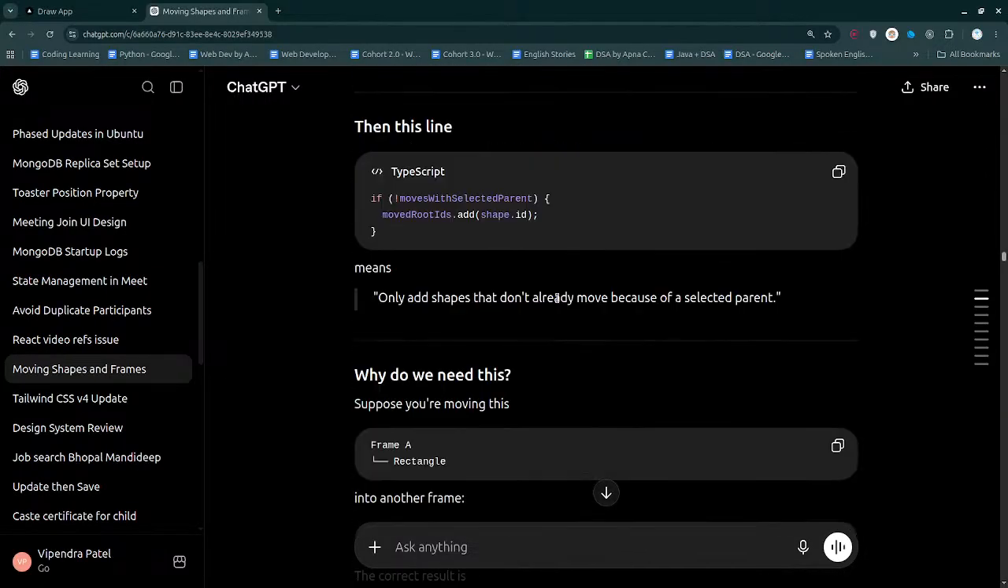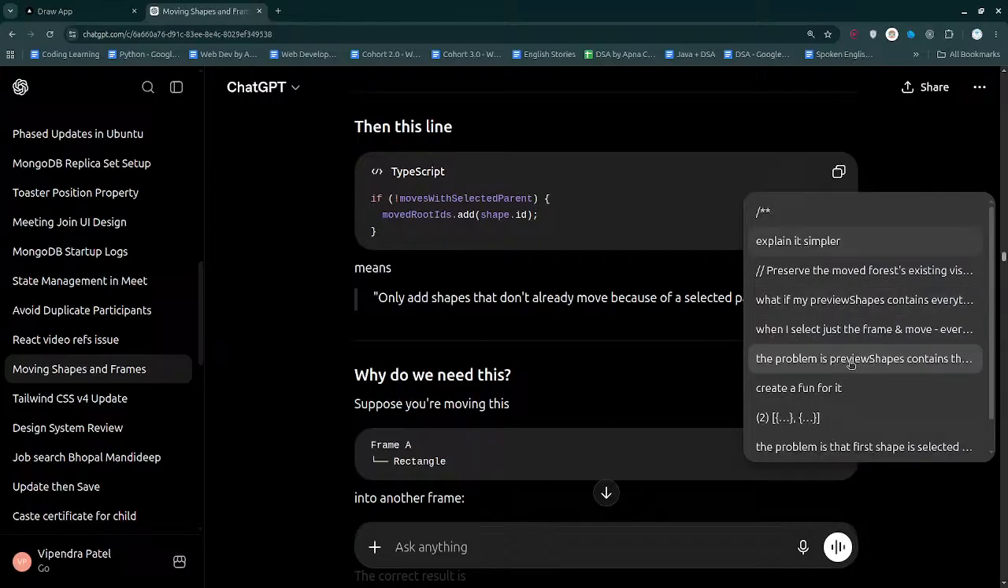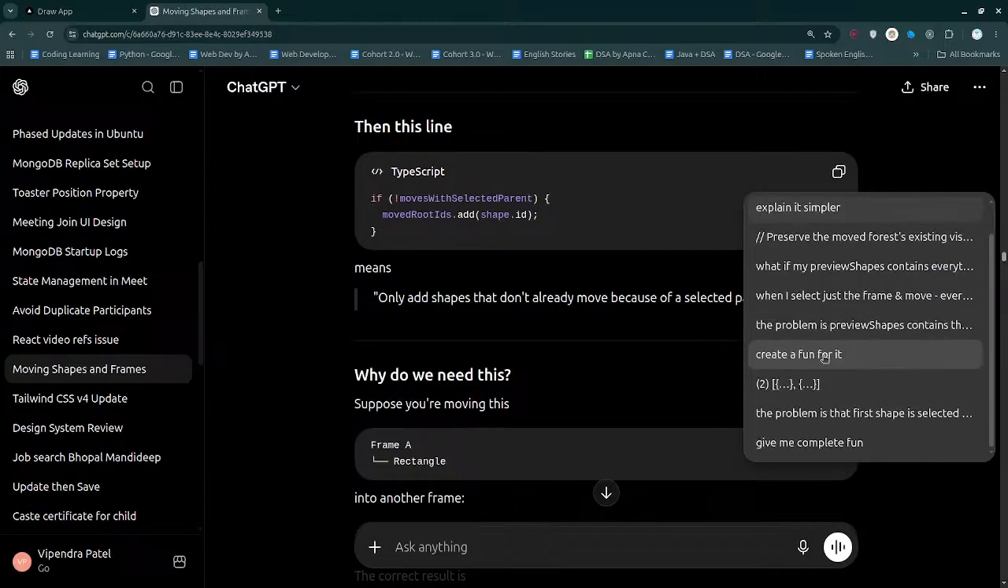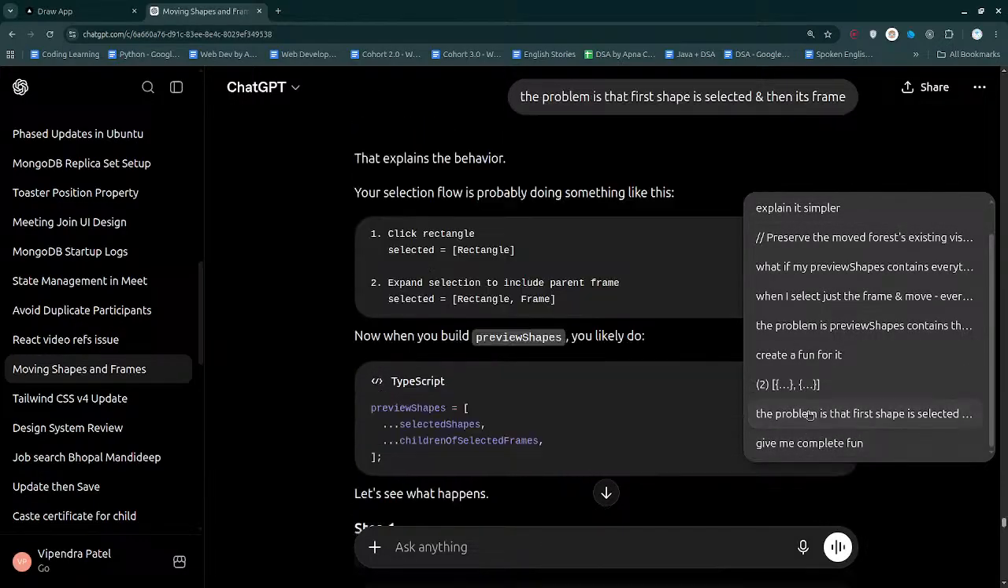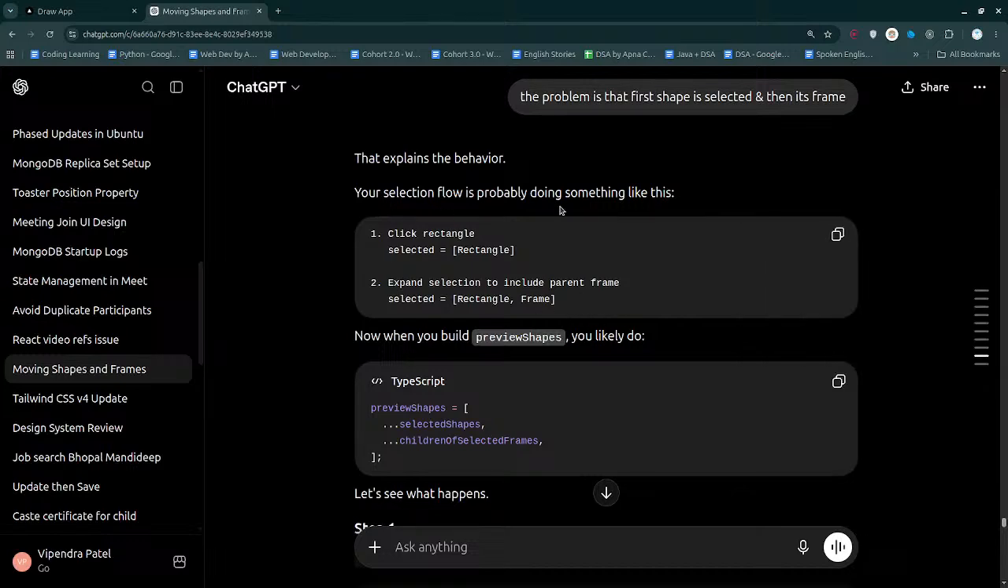So the problem is the previous shape contains a quick function for it. The problem is the shape that they give me. I'll be doing something like